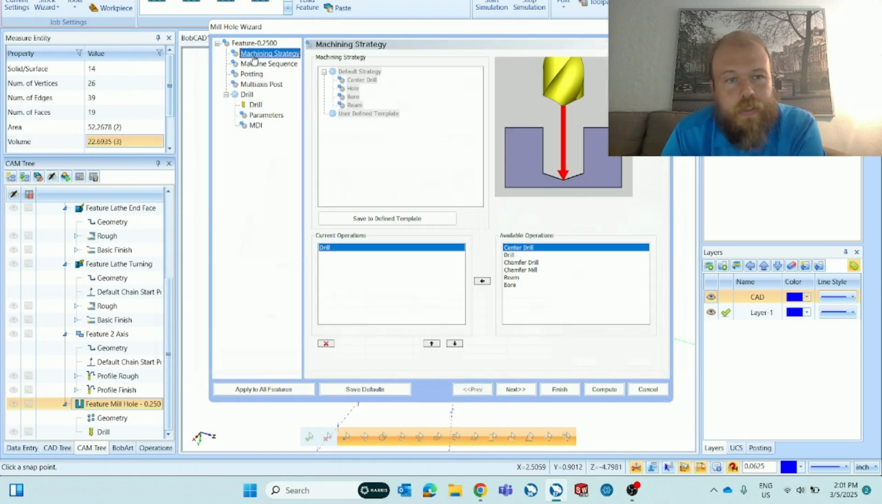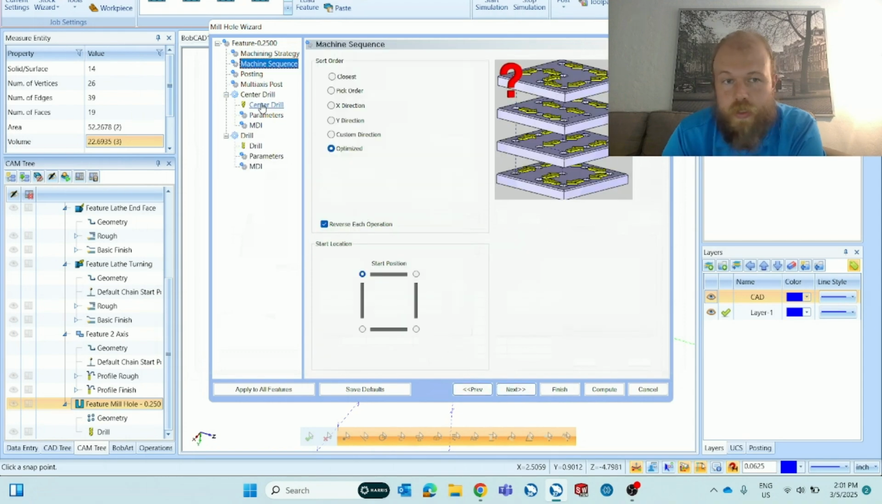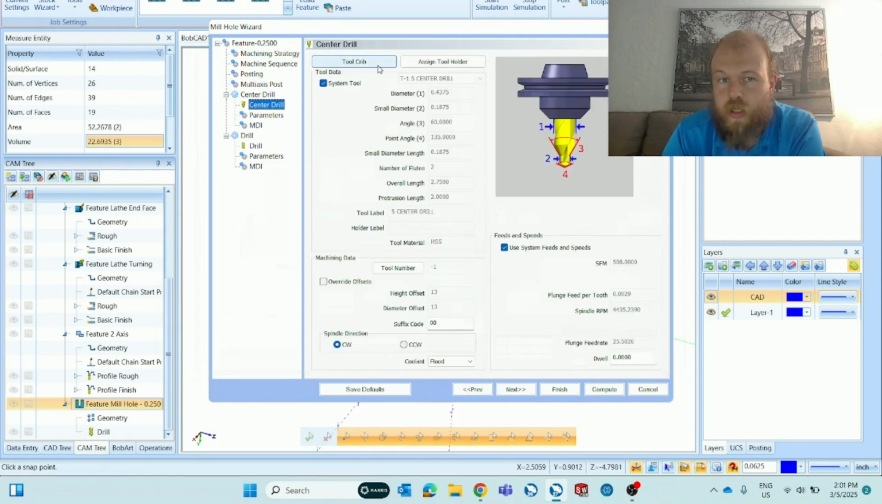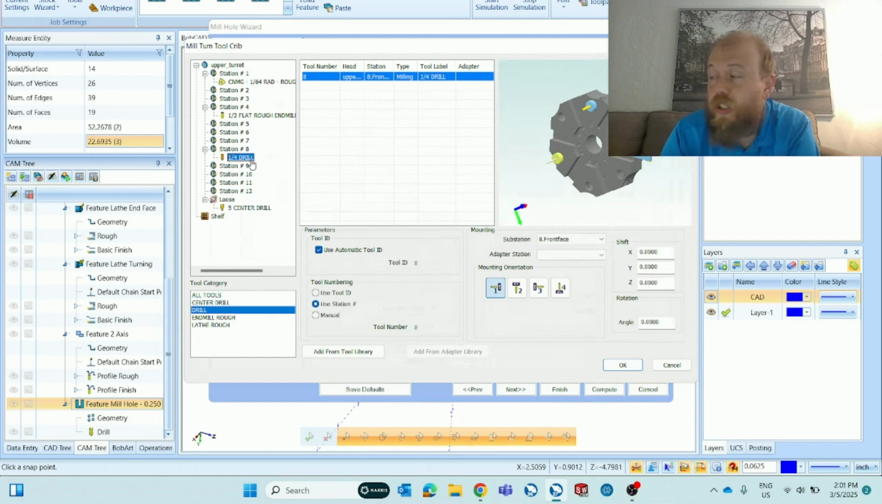Just for fun here, let's go to machining strategy. I'm going to go to center drill, add that in, move it to the top. Go to the center drill page, go to tool crib. It's in the loose category. Let's right click. We have change tool, edit tool, mount and remove tool holder. So I think I should be able to do a center drill with the drill that I've just created in